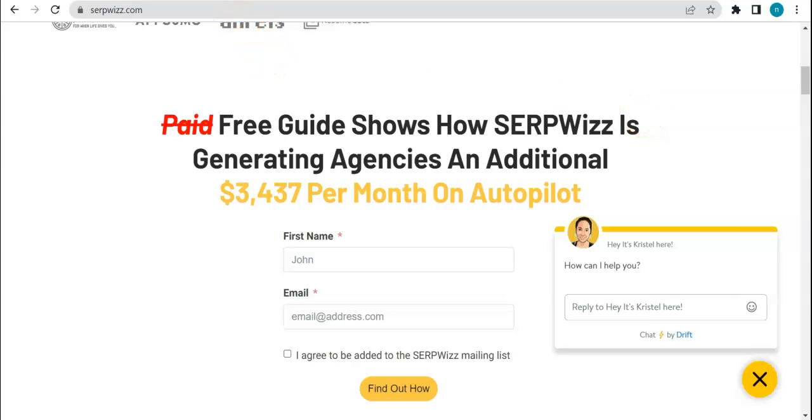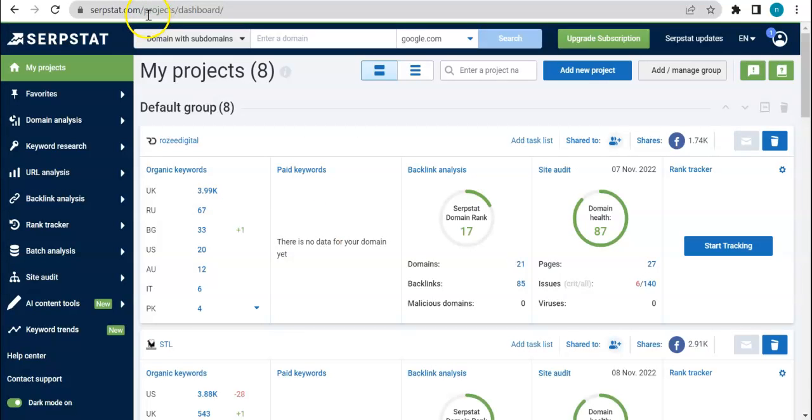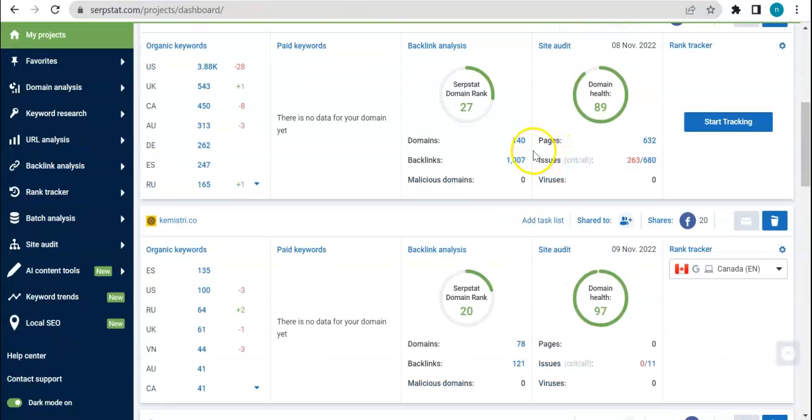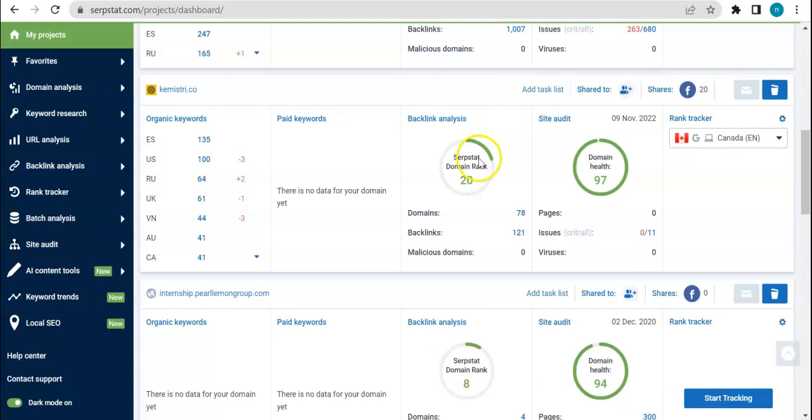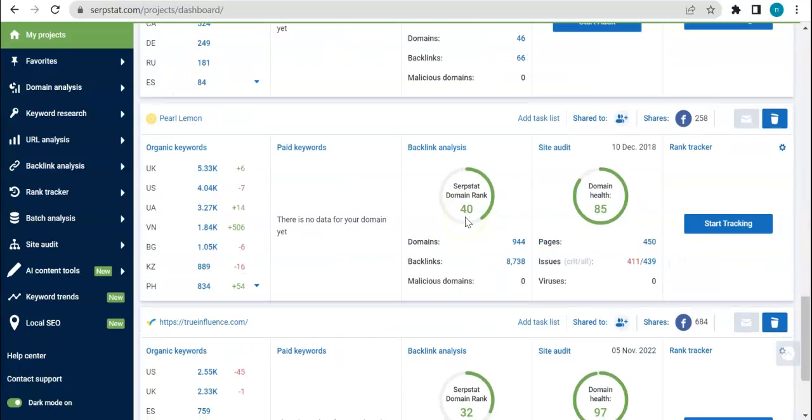So going back to our main topic for today, which is still all about Serpstat. If on previous videos we've just gone through overviews and stuff like that, for this specific video we will be going a bit more in depth about what you can expect from the projects that are here in Serpstat, and I'm just going to be opening one of the projects that are already here. But don't you worry